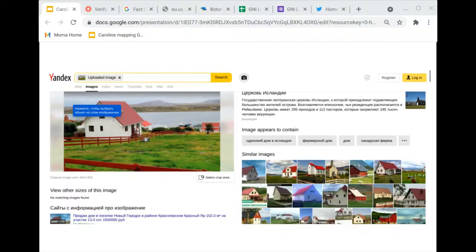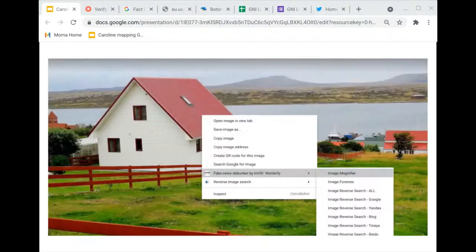But I searched and searched and searched, and it's quite difficult to use this. So my next tool, once I've done that kind of photo image reverse search, which hasn't been massively helpful in this investigation, I thought, right, I'm going to go to InVid, because remember I said InVid is that video plugin, but it also has that magnifying element within it. So I can right click on the image and open up the image magnifier in InVid. So I right click and I tap on image magnifier, and I get